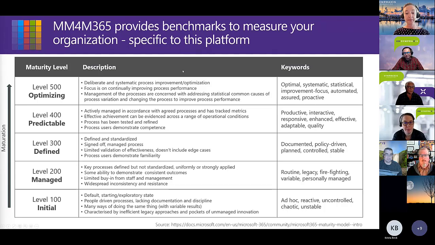So a lot of things, I mean, we have this whole separate effort going on with the maturity model for Microsoft 365, but I think it actually does apply here. We intentionally decided this does not need to be the perfect, be-all end-all solution to manage our inbound requests, right? We didn't want to shoot for level 500. We felt like level 200, managing things pretty well so that we don't drop inbound requests on the floor, was a step up